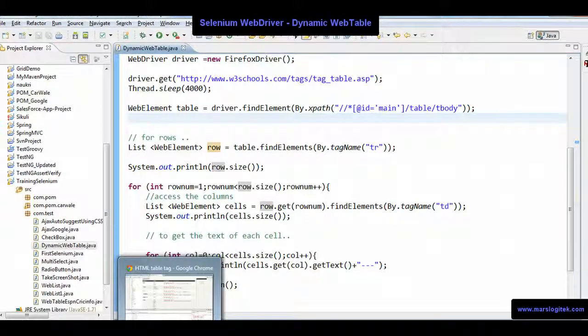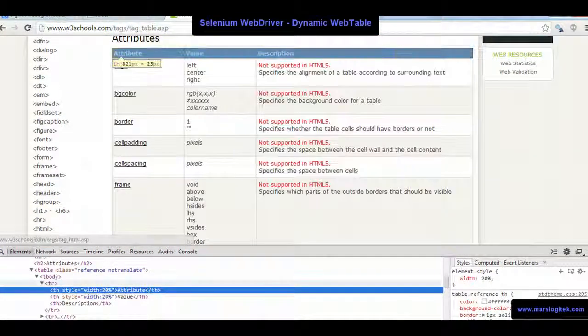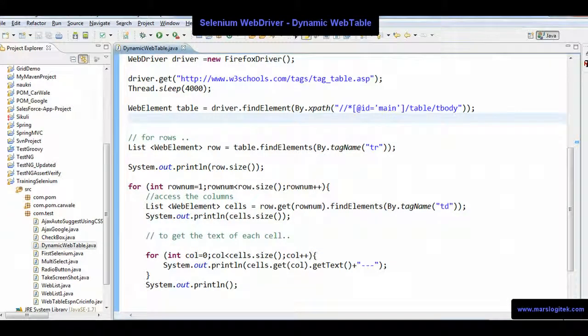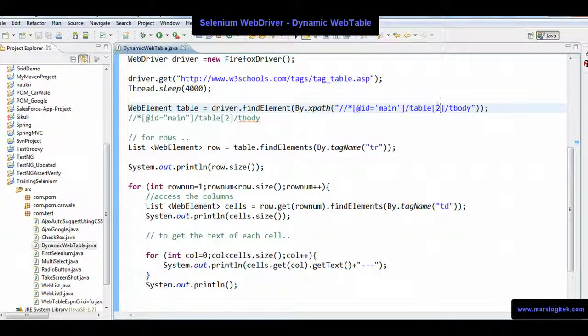Okay, let me get the XPath once again. So let me get the XPath of this table. Attribute, tr, tbody, copy XPath. Oh, it's saying something like table 2. Okay, let me run this. I think this is a copy paste problem.